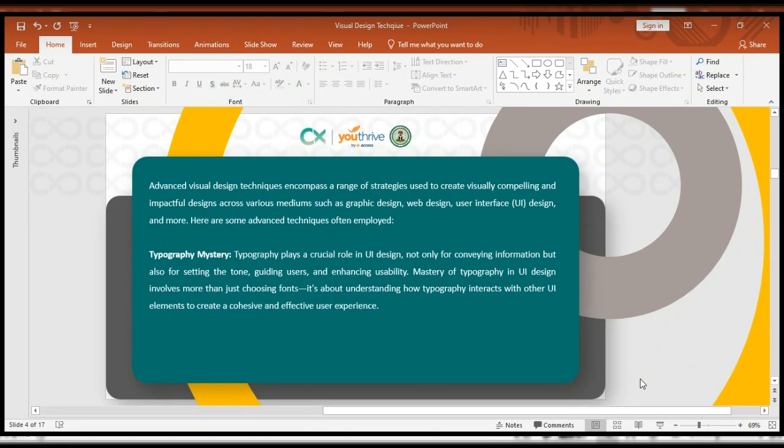Now, advanced visual design techniques encompass a range of strategies used to create tangible design across various mediums such as graphic design, a flyer, a presentation, whatever design you are creating. You need this guide. It's not only meant for UI designers. Yes, you need it. If you want to create a graphic design, you need it. A flyer, you need it. Whatever thing you want to create, as long as